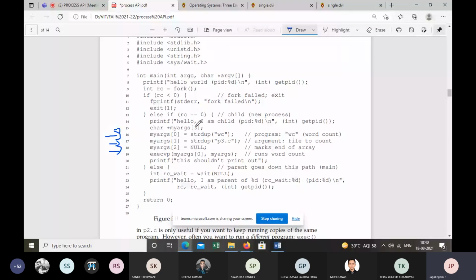Now in line 16, 17 and 18, we create 3 arguments, 0, 1, and 2, and you have strdup, that is string duplicate. Now why do we use this? Line 16 is the command, wc is the command to find the number of words in a file.